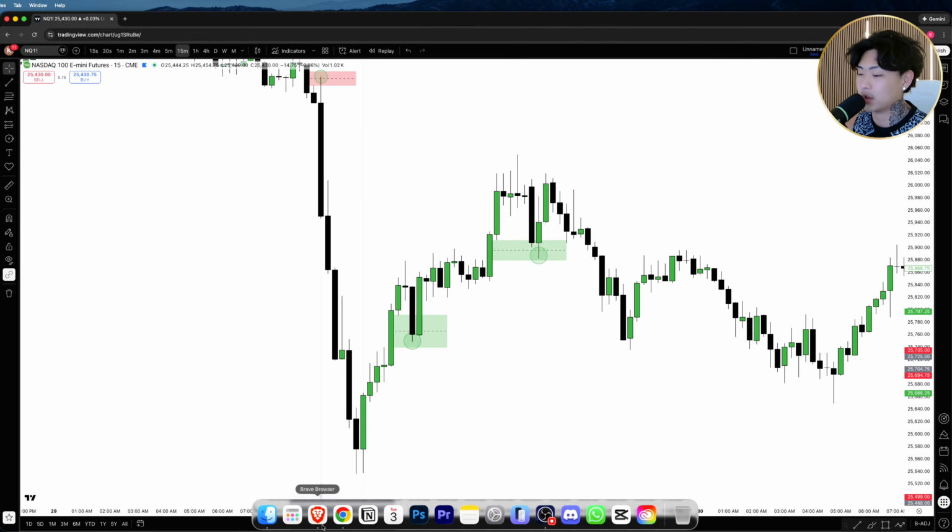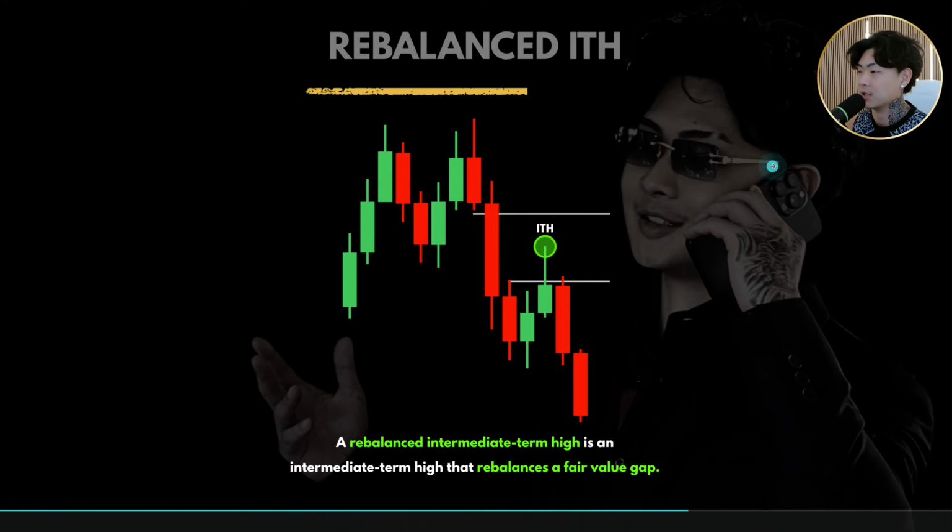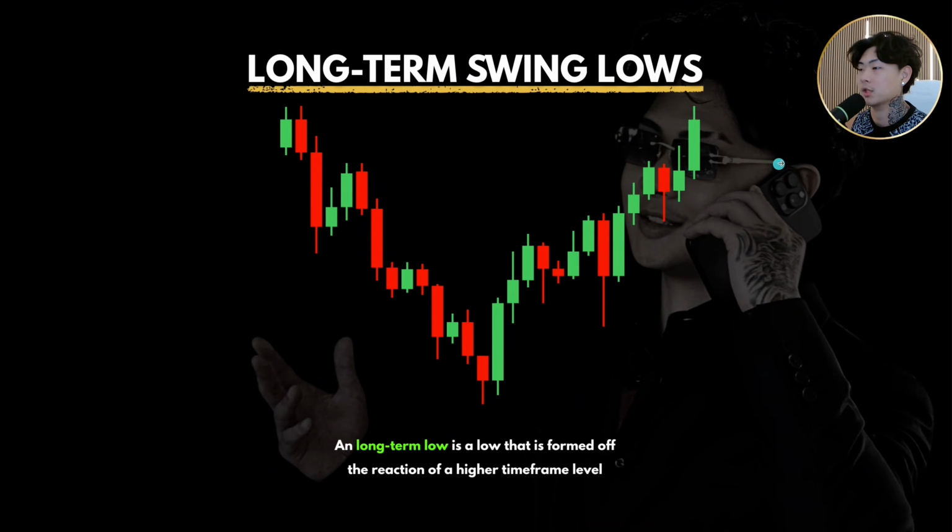We're going to dive much deeper into it, but let's first dive into the next concept, which is long-term swing lows. So what is a long-term swing low? We went through swing lows and swing highs, the regular ones, intermediate ones, rebalanced intermediate ones, now long-term highs and lows. Well, a long-term low is simply a low that is formed off the reaction of a higher time frame